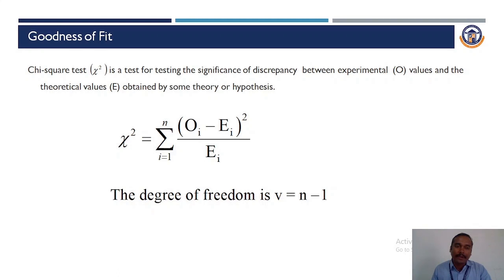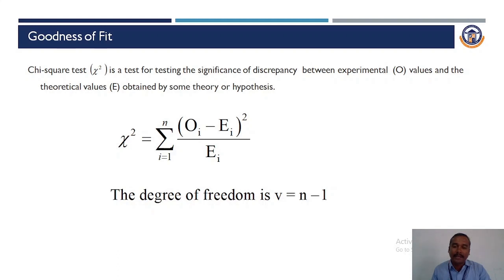It is classified into two types: one is goodness of fit and the other is independence of attributes. The first one is goodness of fit. Goodness of fit is the test to test the significance of discrepancy between experimental values and theoretical values given by some theory or hypothesis. Here the experimental value, that means the observed value, is denoted by O and the expected value